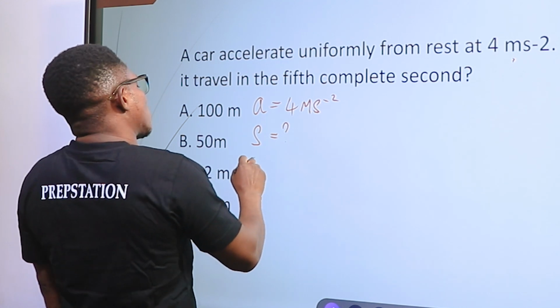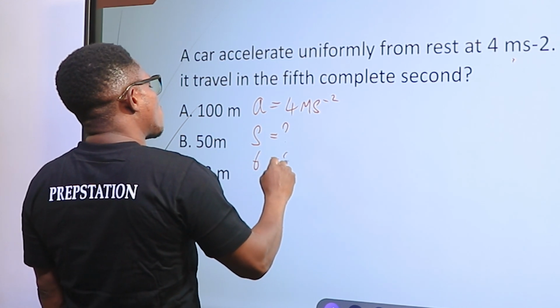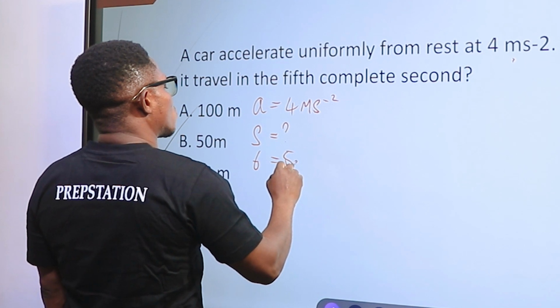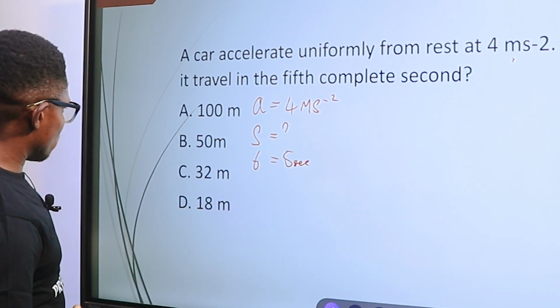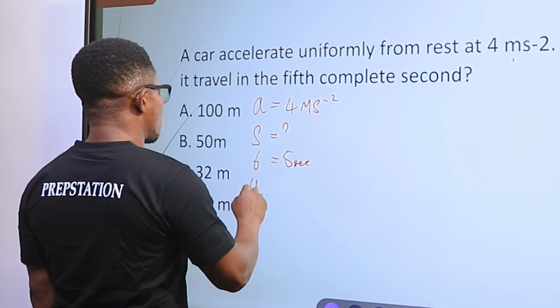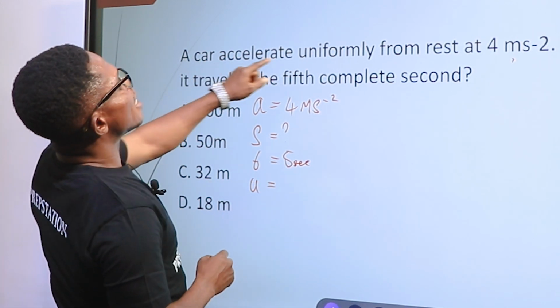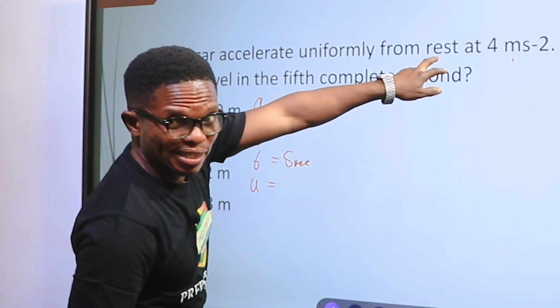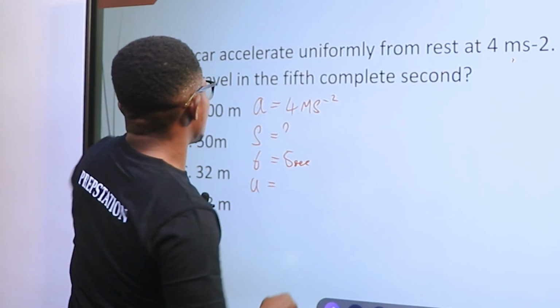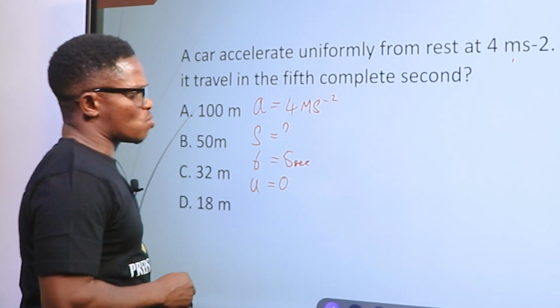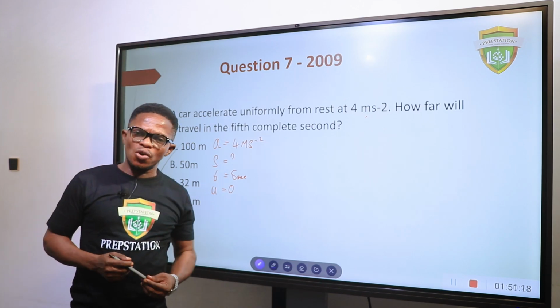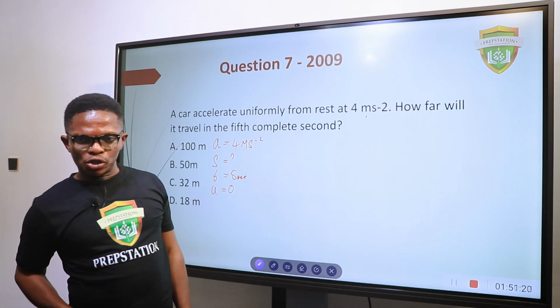All right, fifth complete second. So let's look at time of 5 seconds. Let's see what that will be. But something is still missing. What is missing? Initial velocity. A car accelerates uniformly from rest. Rest means 0 velocity. So you have u is equal to 0. So quickly scan through the 4 equations of motion to find out